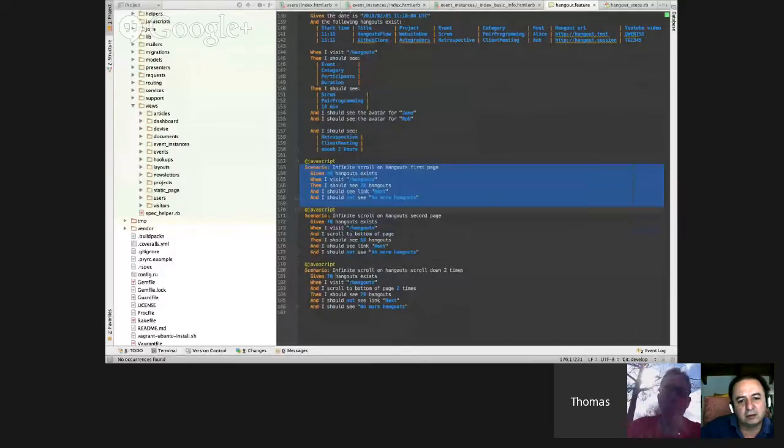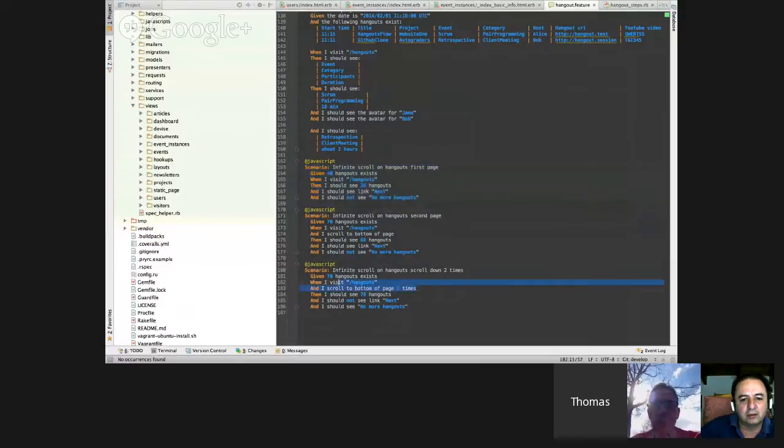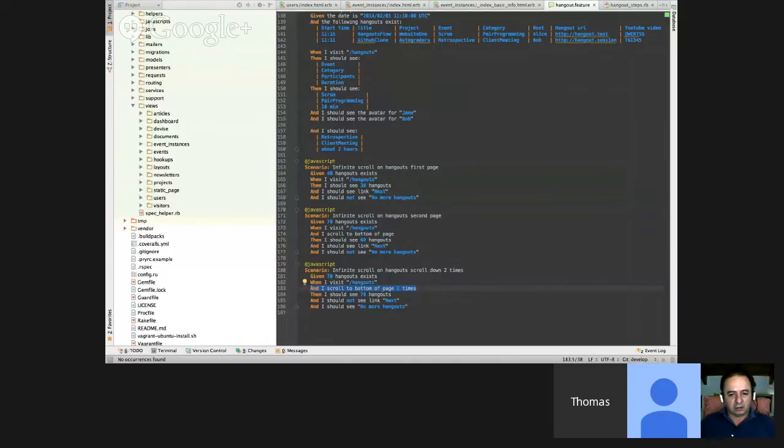Let's see here. Infinite scroll hangs. Yeah, I visit home. I scrolled up. So here, I understand we already spoke about this in the code review, and you changed it to I scroll to the bottom two times.